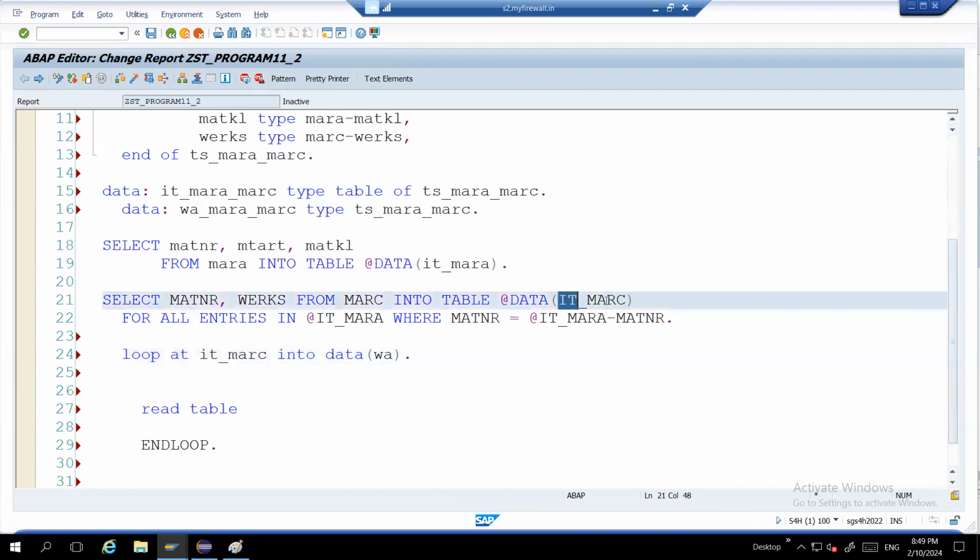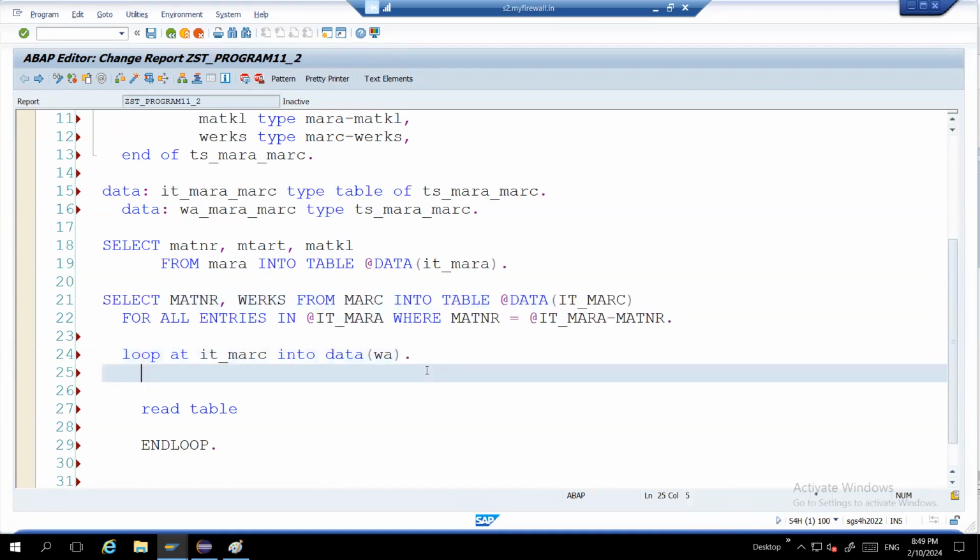I'm putting the loop on the table with the biggest number of records. Here we'll have to put the loop, because here you will have more data and we want to prepare the final internal table. So on the second internal table, we are going to put the loop at IT_MARC into data WA,